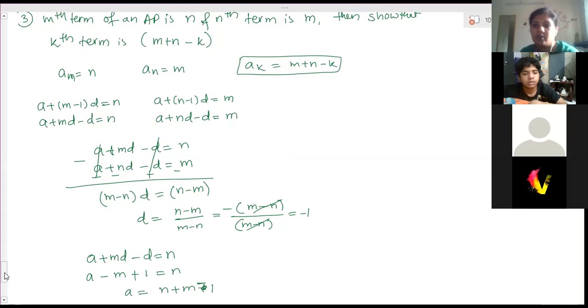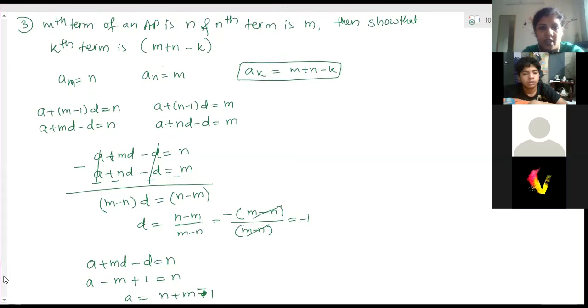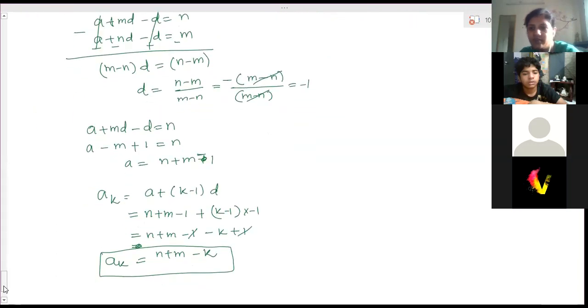Okay, so these are the 3 questions of this kind. Till now, there are few 1 marker questions. Have you completed this? Meghna, Alisha, Nanika, have you finished? Yes, ma'am.